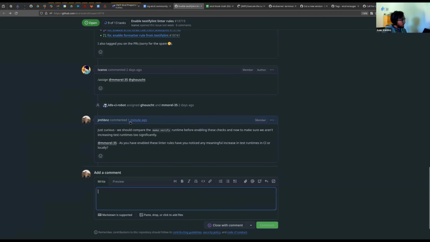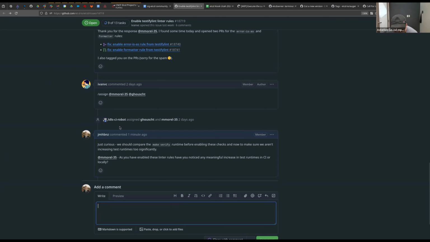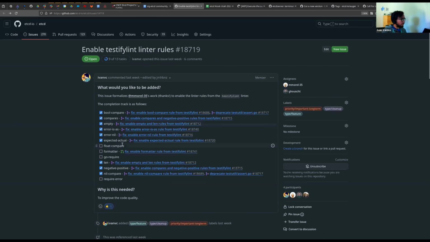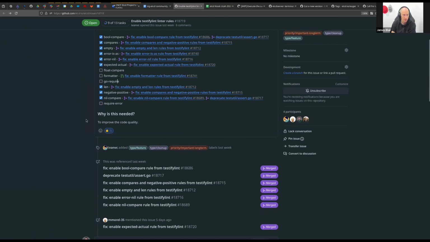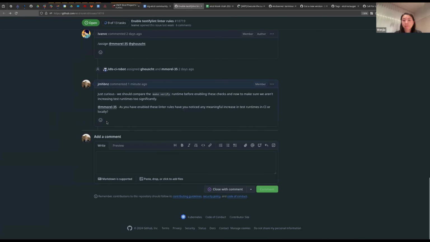All right. So we'll just suggest that we create a parent issue for enabling the rest of the linters, because there's also many pull requests. This is just one linter that he enabled, but there's many other linters that they are working on. Yeah, I think just tracking them so that we can provide input early if we want to. We've got, looks like 4 left to go for this particular piece of work. So I'm certainly open to finishing those off.